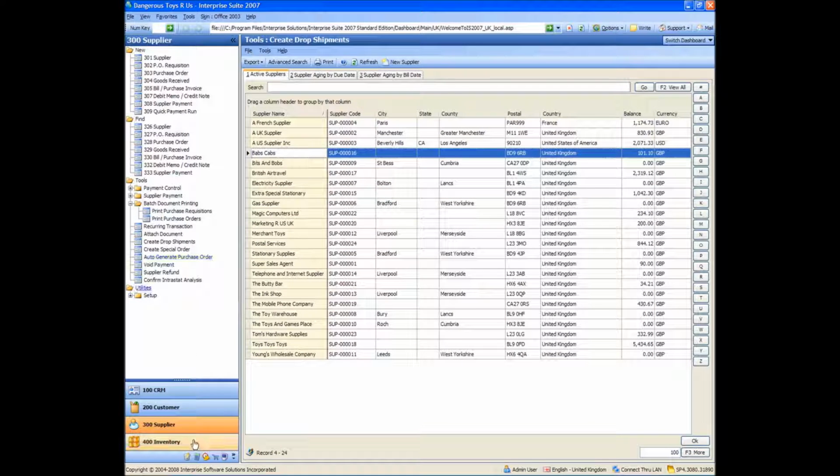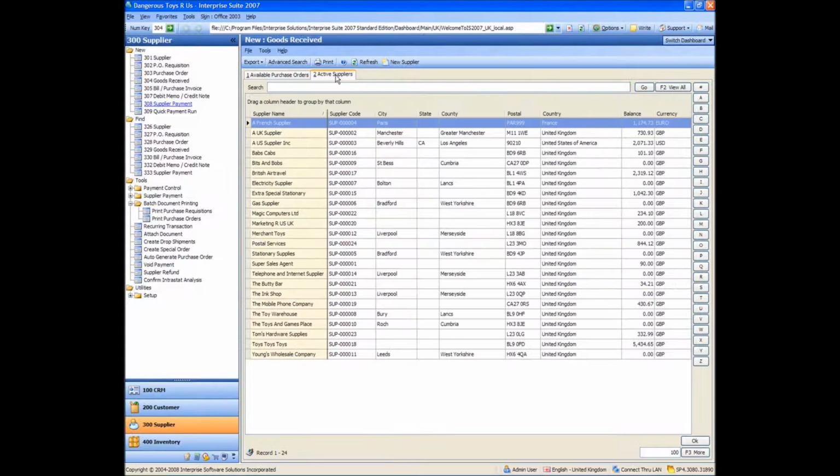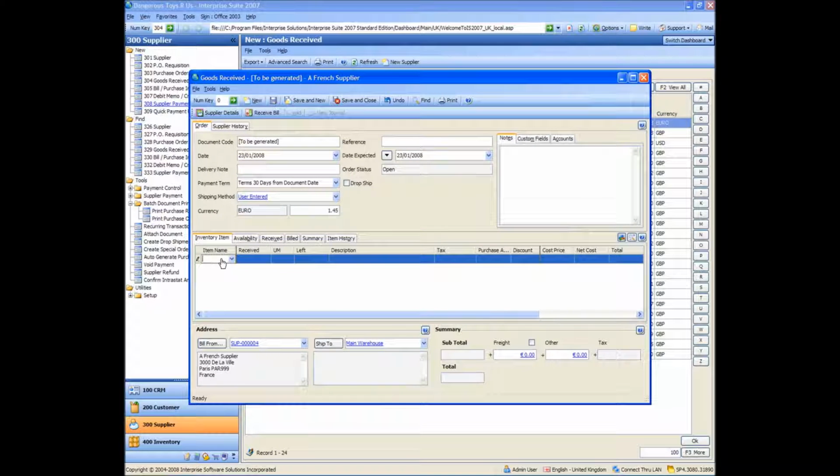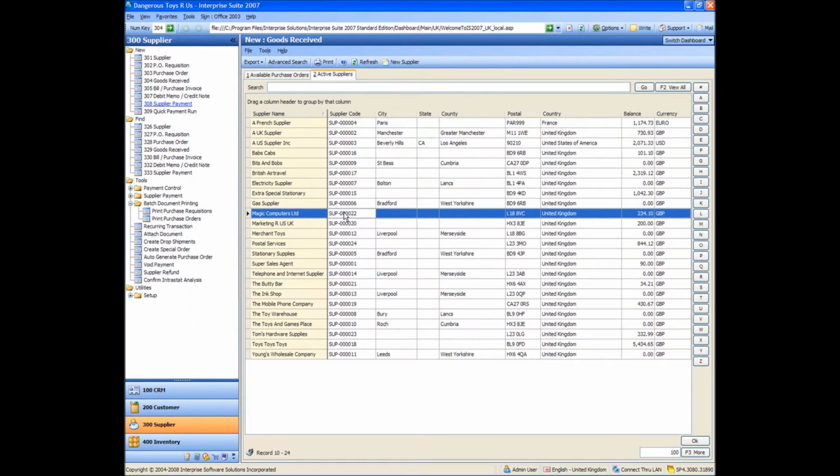Okay, now what I'm going to do is create a GRN for my French supplier, so not from the purchase order, but actually directly for a supplier this time, and it's going to be my French supplier, and it's going to be for 10 bullets and 10 handguns. And I'm going to save and close on my GRN. And now if I go into the